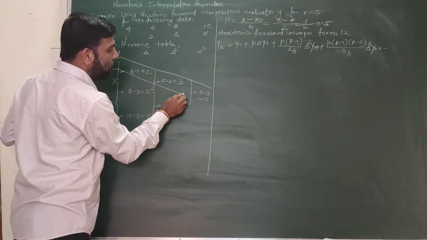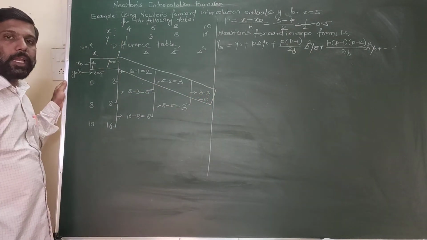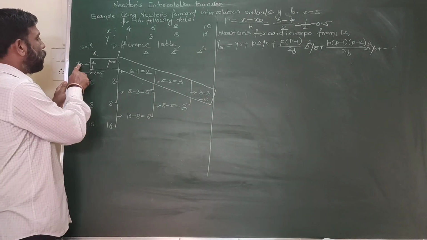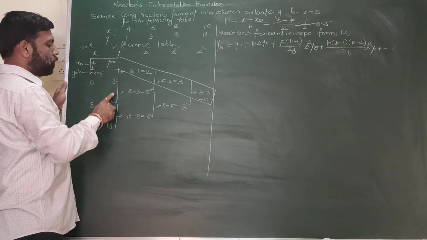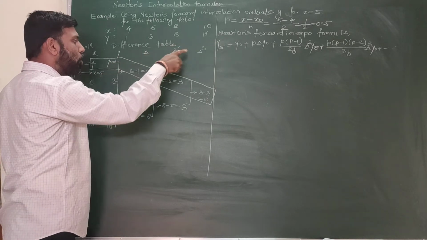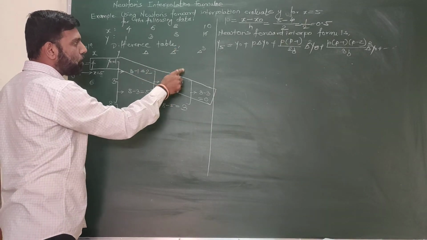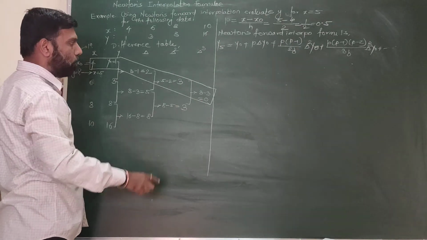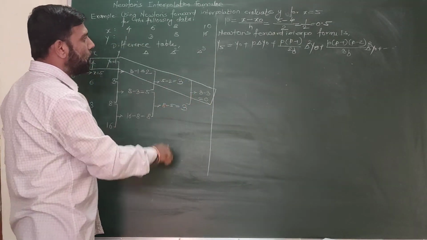So this is the stage of the difference table, what values we are considering. Now x0 is the first value of the table, so y0 is the first value of the table. The delta which we have to consider in the formula, again this is the first value of the table. Delta square first value, delta cube first value. So it goes in descending order and the sketch is like this.